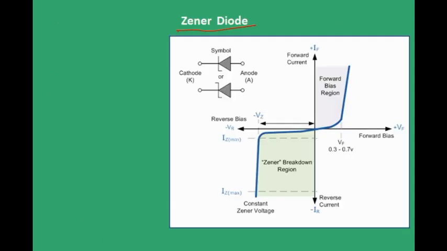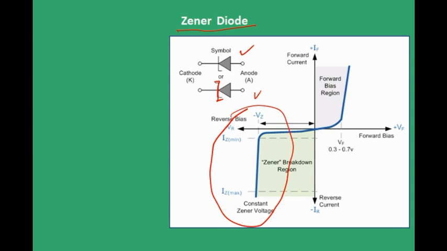A Zener diode is a special type of diode which is denoted by this symbol or this symbol. Note this one here. It is designed to operate under reverse bias in the breakdown region. This is our area of interest, and it is used as a voltage regulator. You might have heard that the voltage regulator you use for your refrigerator is just to maintain or cut off the voltage fluctuations and give constant voltage. Now you will get to know how it actually happens. That's nothing but a Zener diode.